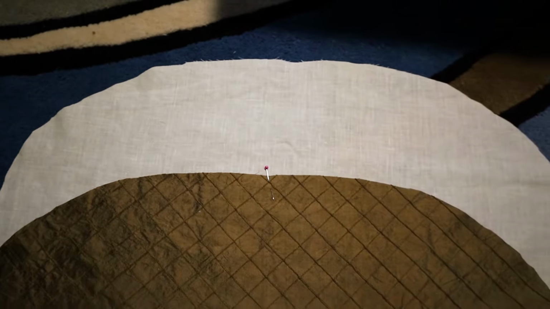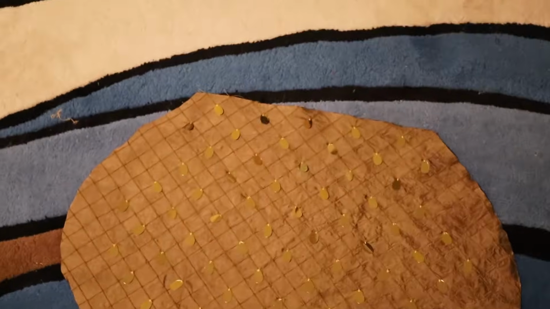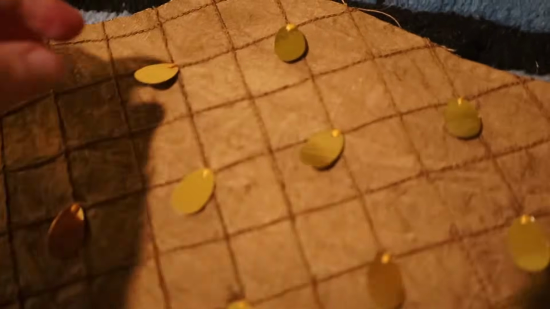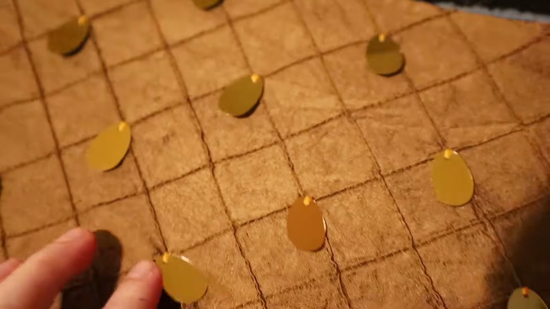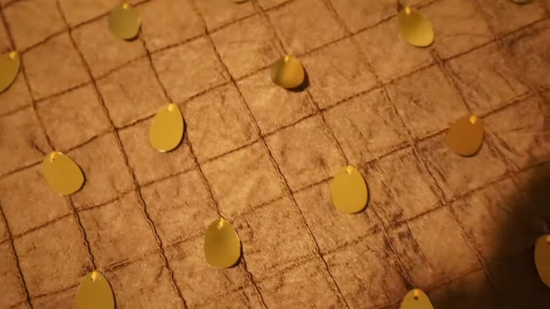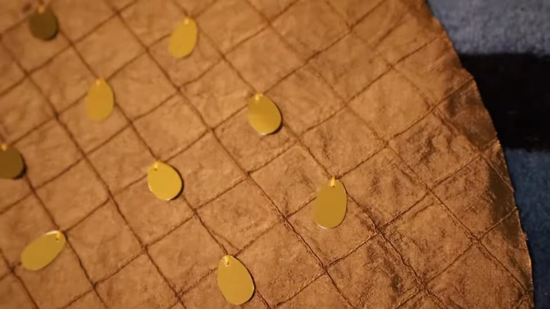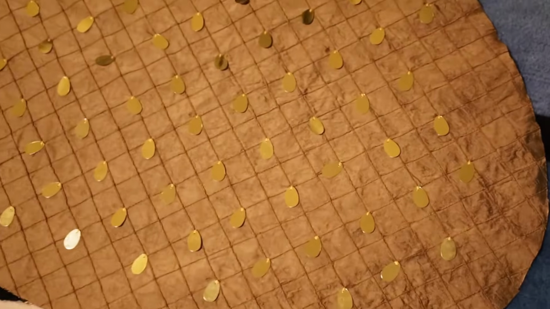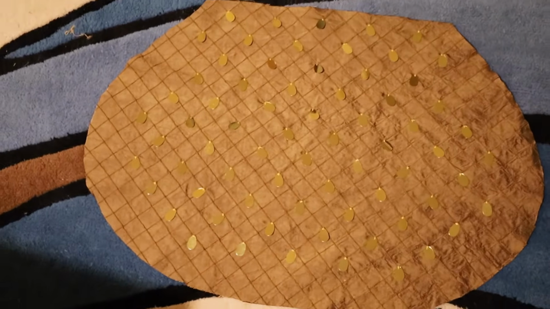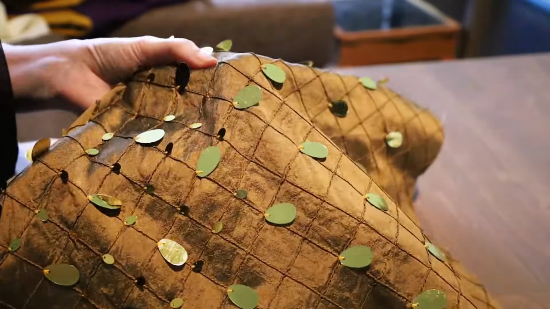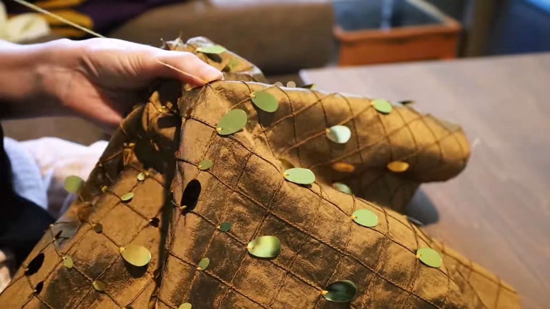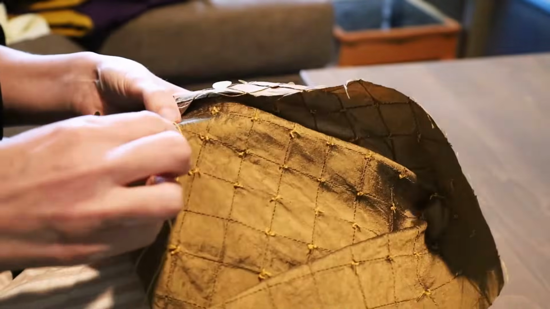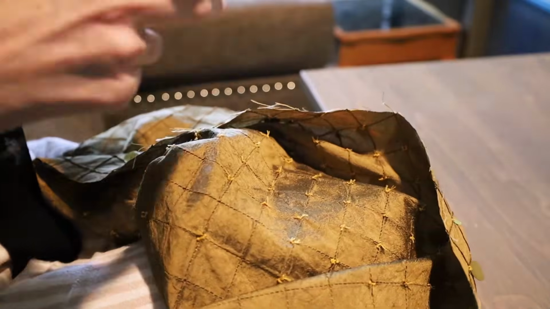Next up, I am doing the outer cap with the sequins. I had this lovely silk that has the little squares or diamond pattern, and I thought that would be really perfect for helping me with a guide for the sequins. This time I made the cap wider on the sides because I want it to give that poofing out on the sides effect that we see in so many of the Flinderhaube portraits from the 15th century. Attaching the sequins was really just a long time of hand sewing. I attached